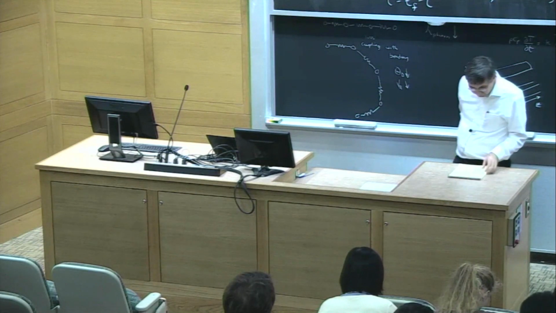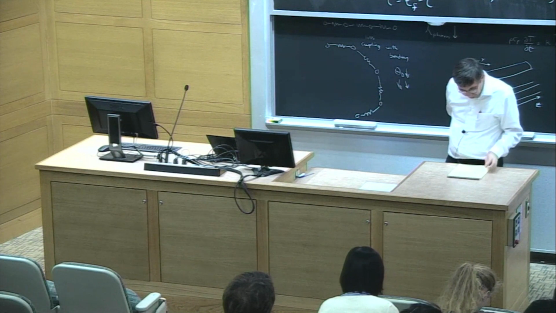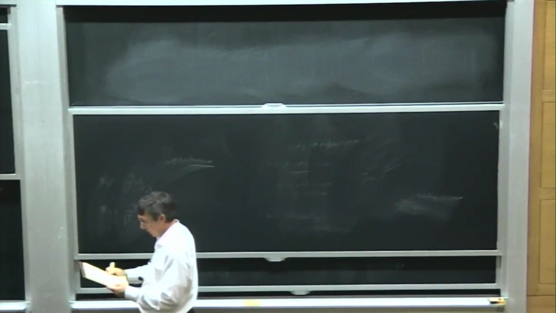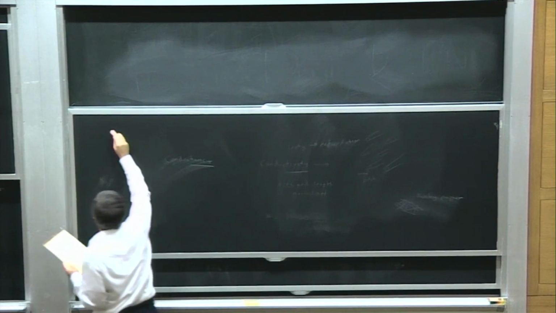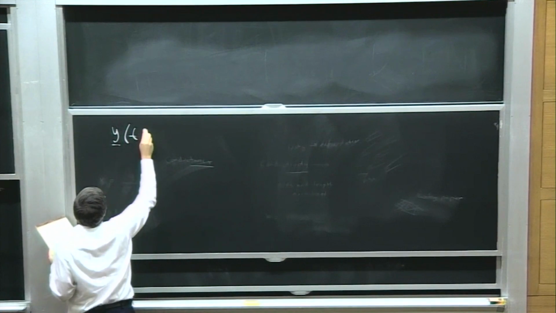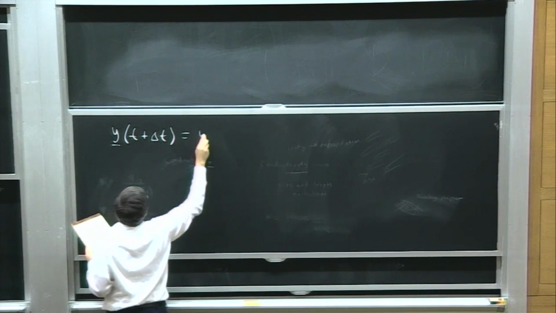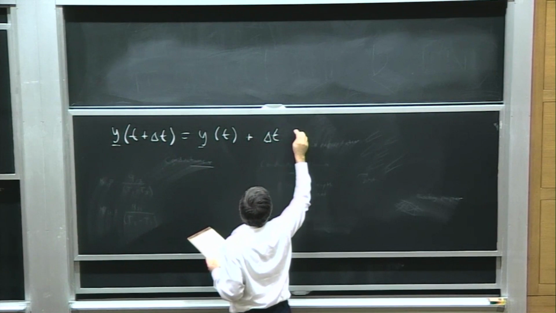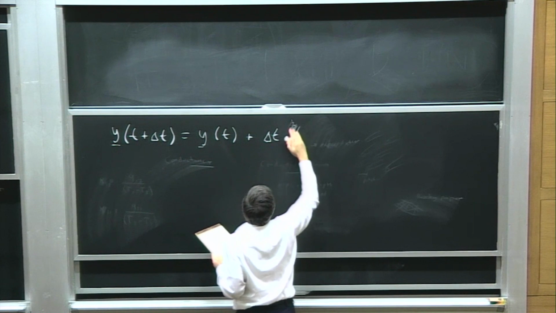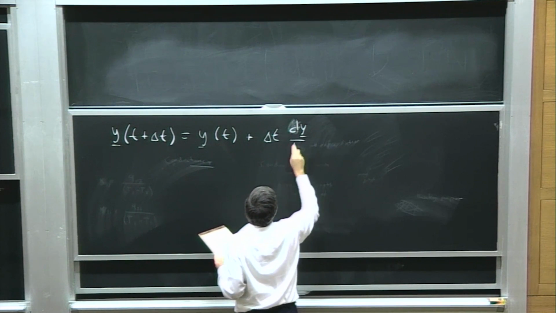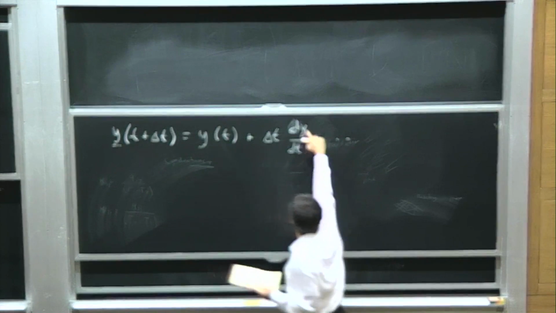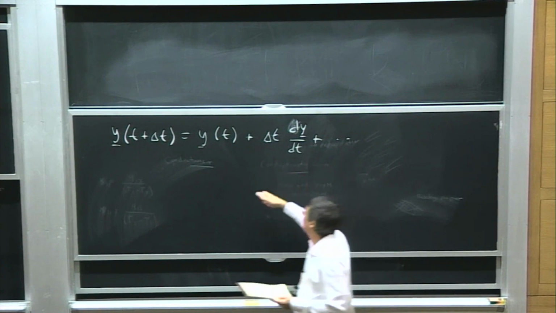All right. Now, how would you approach this? Probably a bunch of you have done this already as undergraduates or maybe even high school. You can write a Taylor expansion: y of t plus delta t is y of t plus delta t times dy/dt. You could write that. And then I say, wow, I know dy/dt, that's actually f. So this is actually equal to